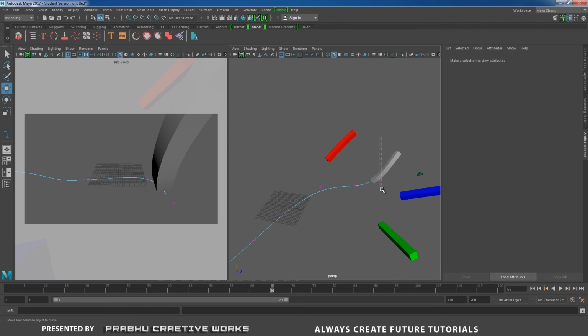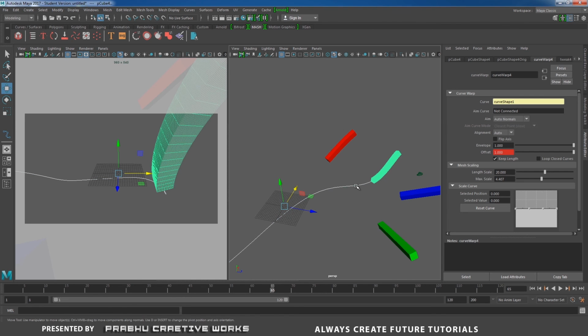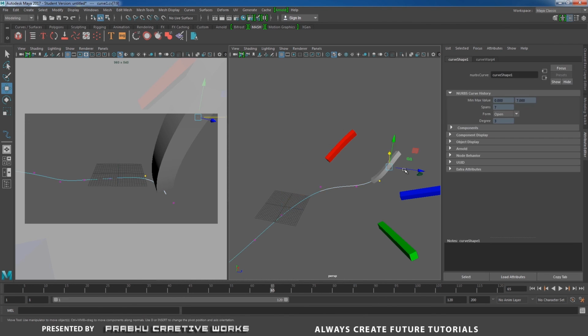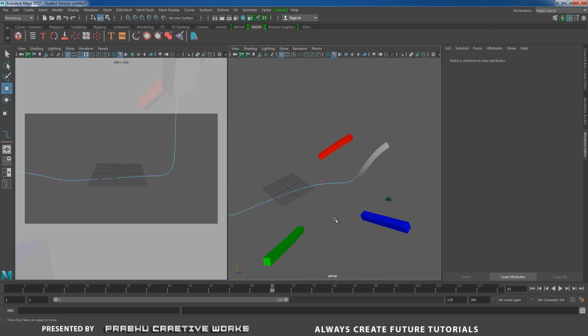I will select this control vertex and move it up, so you won't show the cube in camera view, like this. Now I will select this one and see my play. See here, it's really close to our camera.